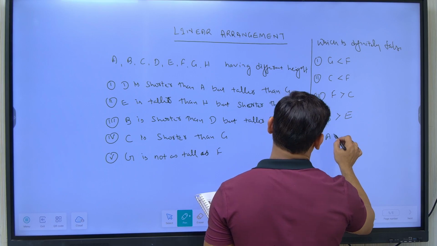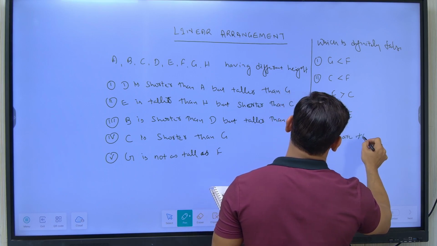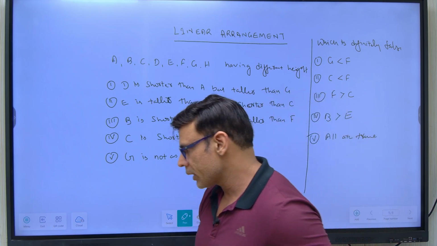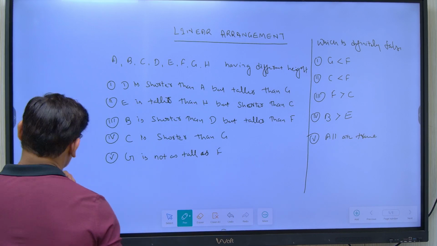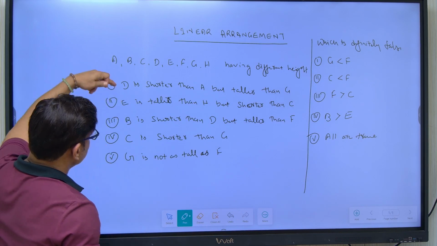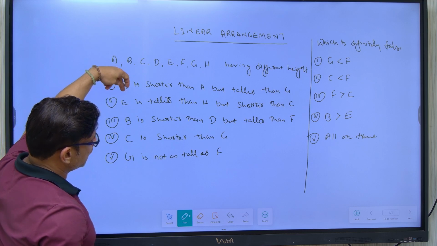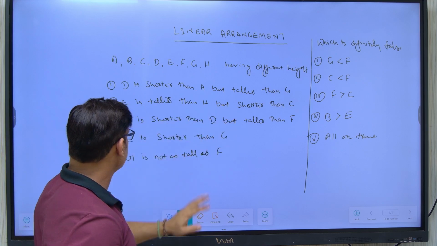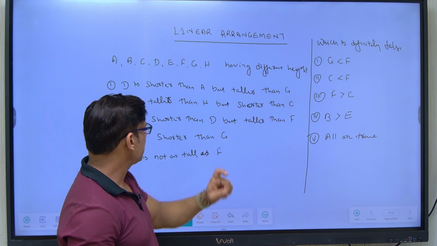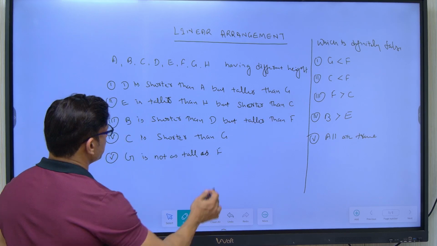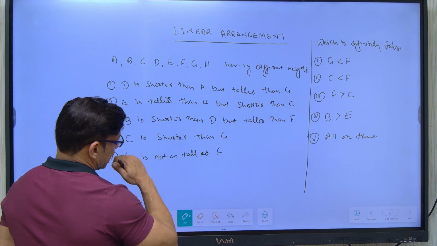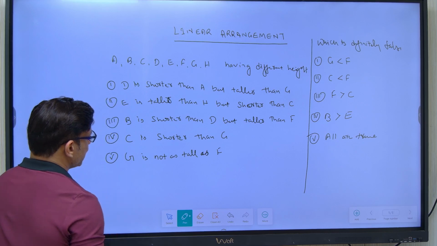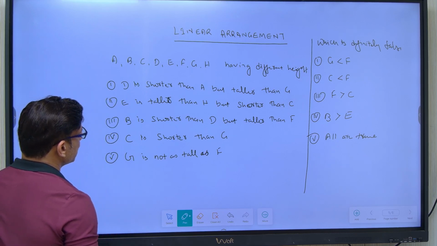Next is all are true. So whenever these questions appear in exam, you try to establish a relation between the continuation. Continuation means since there are so many things, just see which one appears more. So D appeared twice, C appeared twice, G is also appearing twice. Since you pick up any one and then start writing, what is given,